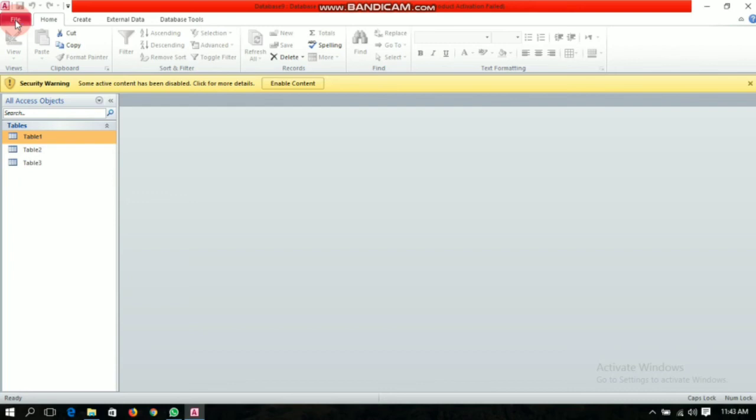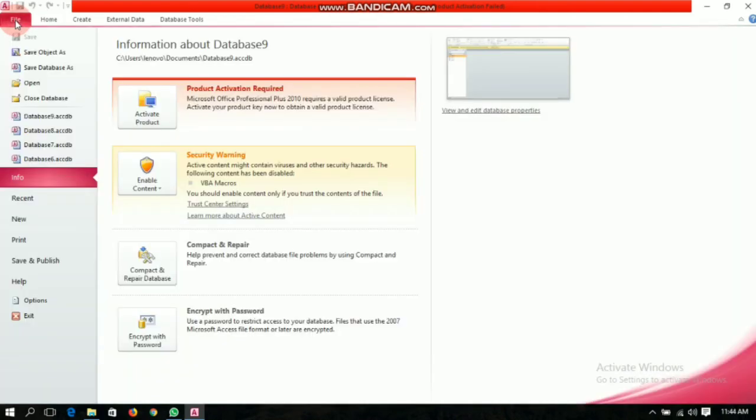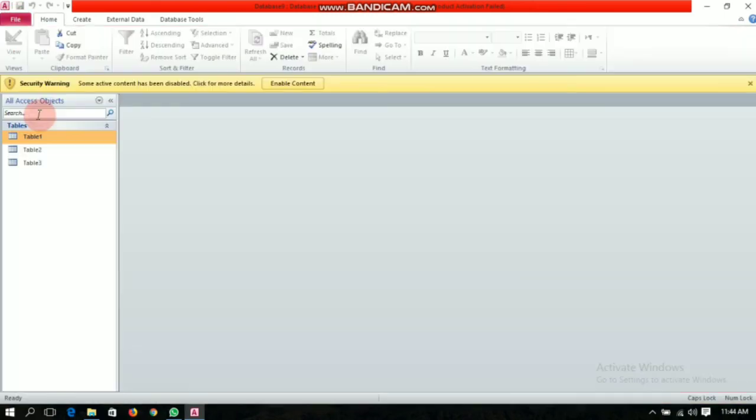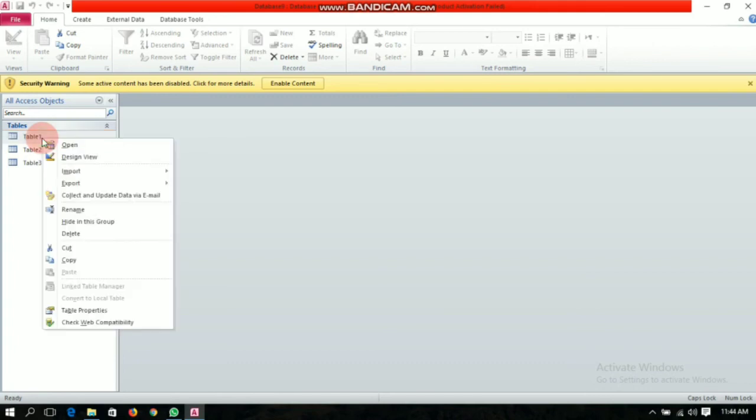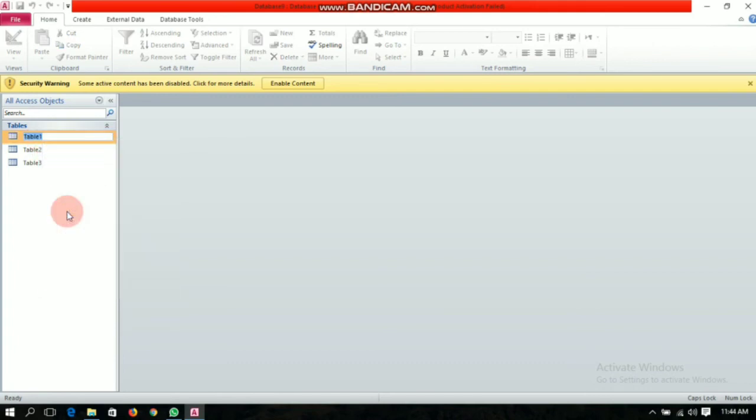So just close the database, and after closing it, go to the file option and click on that particular database, go to the table and right click on it, and you will find a rename option, and you can rename it.